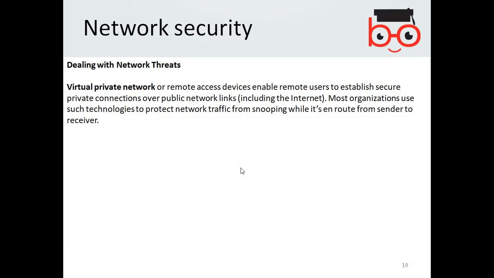Virtual private network or remote access devices enable remote users to establish secure private connections over public network links, including the internet. Most organizations use such technologies to protect network traffic from snooping while it's en route from sender to receiver. So for example,